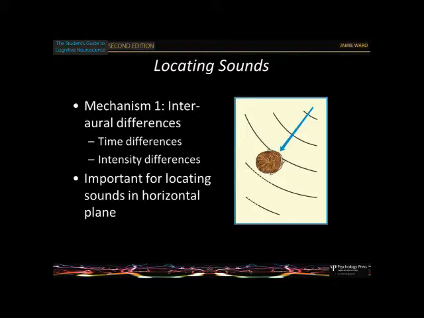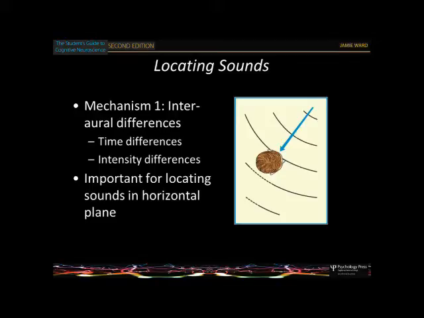So what kind of cues do you use for locating sounds? At the level of the auditory signal, there are various techniques that the brain can use for figuring out where sounds are. One is time differences. Remember that your auditory system is very good at detecting when sounds are arriving. So if you've got a sound source from over here, you will detect it in this ear marginally faster than that ear, okay? And that's not something you would get with light, for instance, where it's too fast for the nervous system to process those sorts of differences, but you can do it with sound.